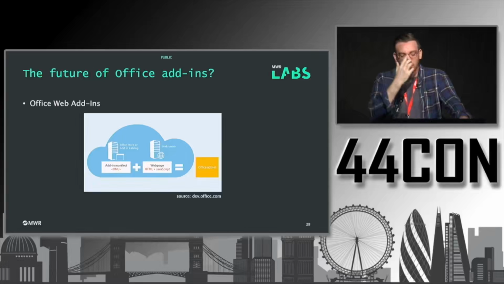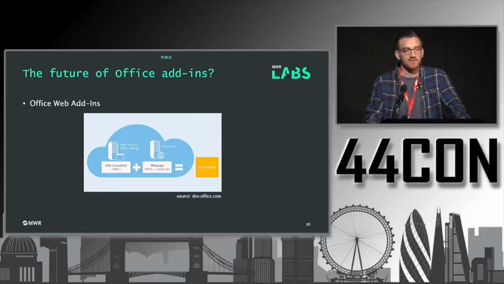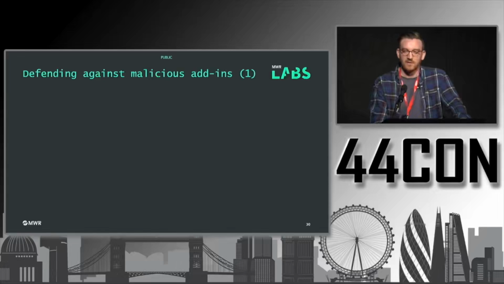Now, the reason why it works this way is because your add-in is effectively an XML manifest file, which points to some JavaScript and HTML code, and then there's an API which allows you to modify parts of your document DOM effectively. I had a quick look at this, and there wasn't any obvious way of executing operating system commands. However, it could be a very interesting research project if somebody is wanting to look at that. On the defensive side,